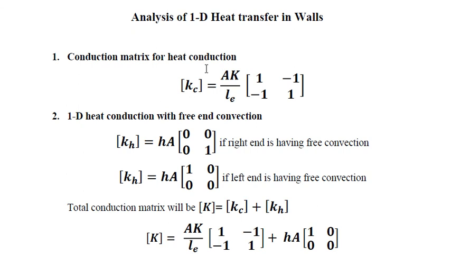Here also, if we take a single heat conduction element having two nodes, at each node the degree of freedom will be 1. What is the degree of freedom? That is the direction of heat flow. We determine the temperature; temperature will be the variable here. In bars, displacement is the variable, U is the variable. In heat transfer, temperature is the variable, T. Temperature T is the variable.